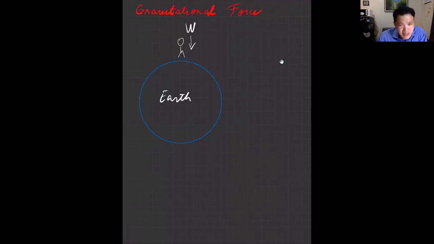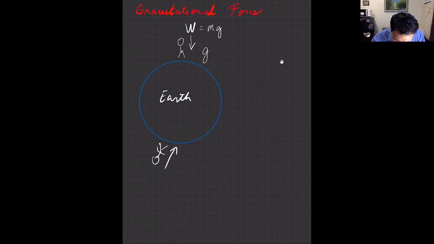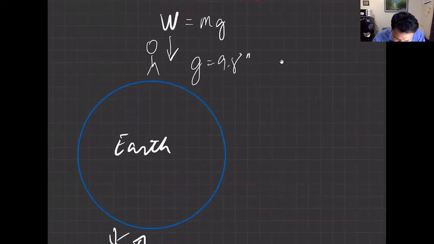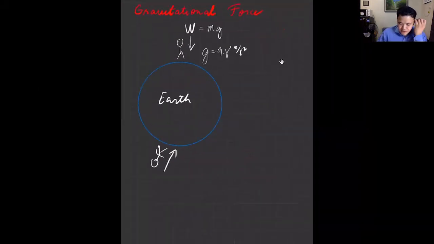Okay? And wherever you are, even if you're standing in the South Pole, you're always attracted towards the center of the Earth. And weight is equal to mass times g. Now, in planet Earth, the acceleration due to gravity is 9.8 meters per second squared. Now, this gravitational force depends on the mass of the object. So we can also consider